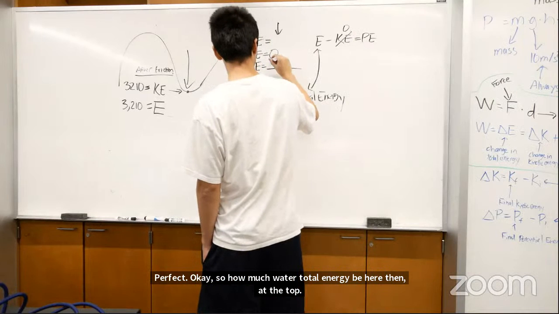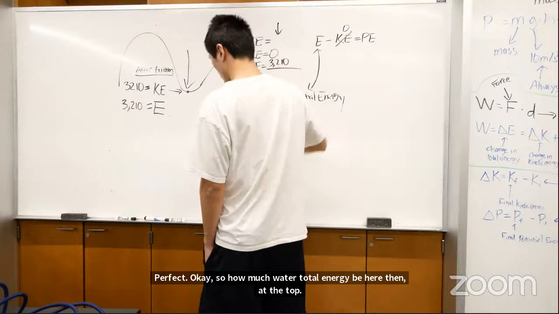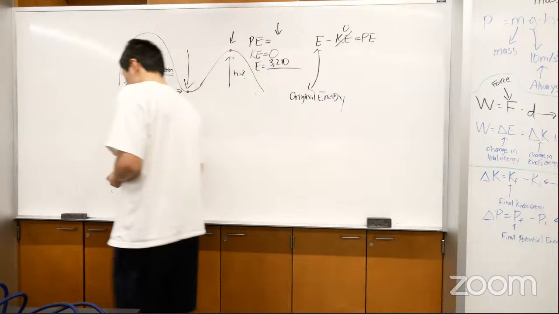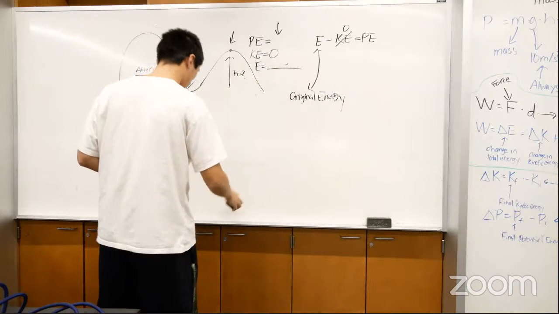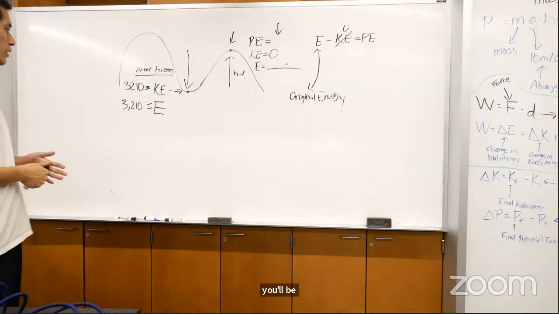It'll be 300,020. No, 322,070. Wait, where did you get 22,000s? Huh? Where did you get that number? How did you get that? I subtracted the total energy, which is